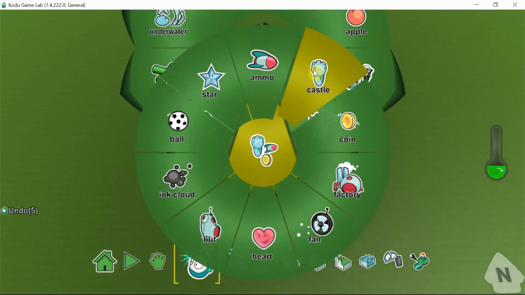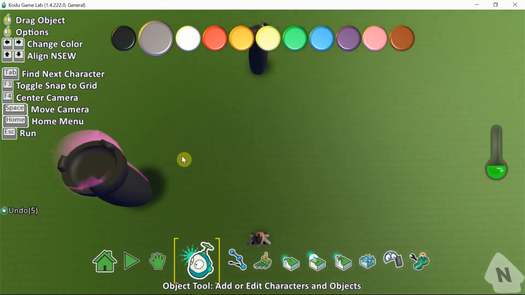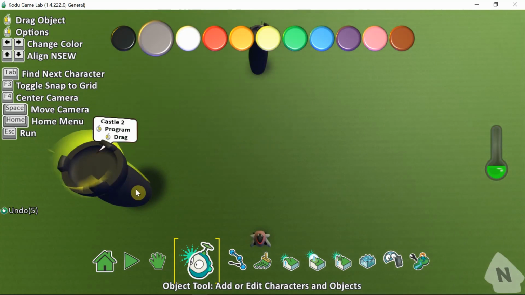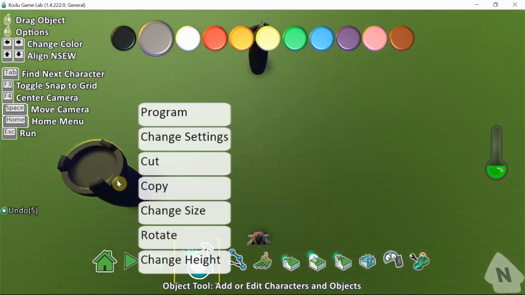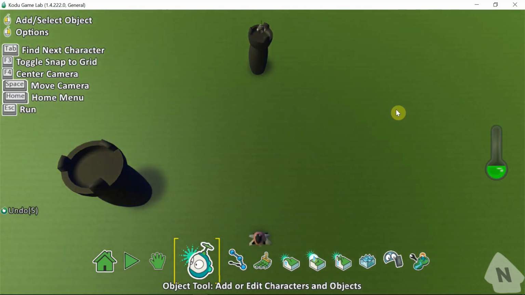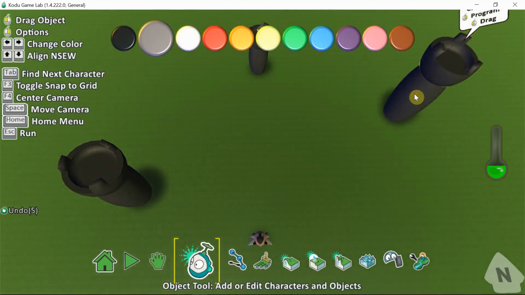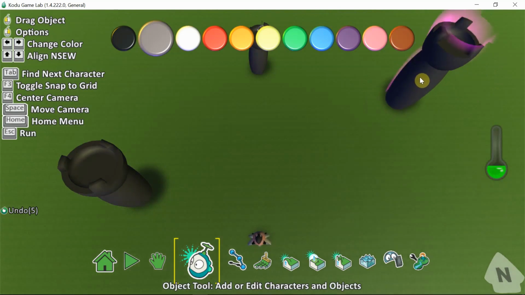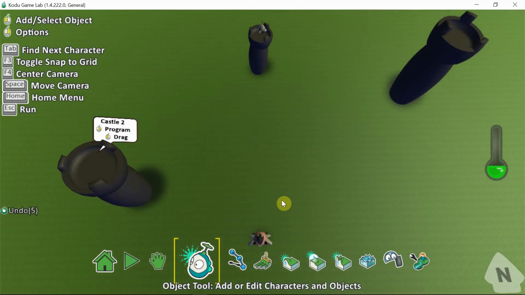Then I add more castles here which the jet should destroy. Let us place it here somewhere. And then I can make its copies. If I right click on it and click on copy, I click where I want this castle to be pasted. Press escape here, I press Control V. So right now we have two castles, let's say, and the objective of the jet is to keep itself safe from the missiles shot by the cannon and then destroy these two castles. Let us try this out.